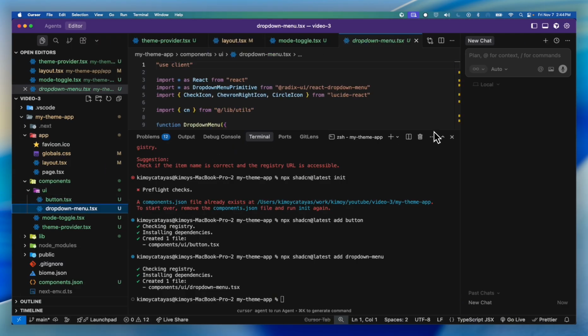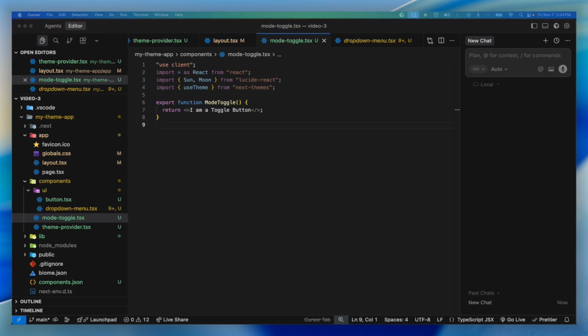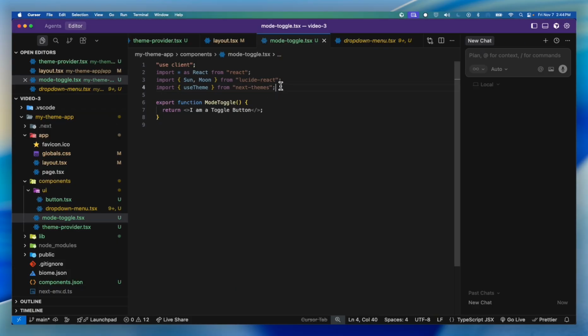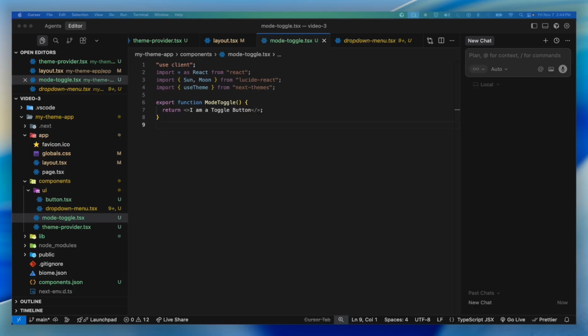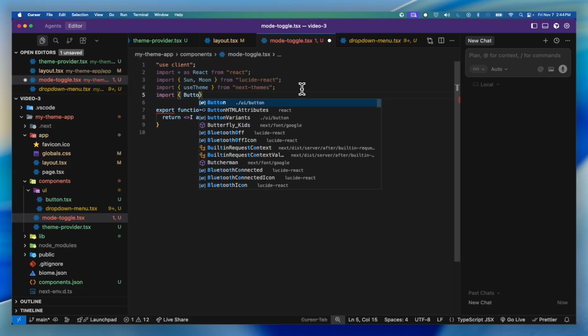Alright, perfect. We have it, we have all of it. Okay, so now since that is already working fine, that is perfect. So the next thing to do is import those, and what we're gonna do is import the button from